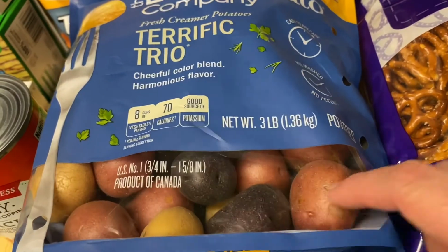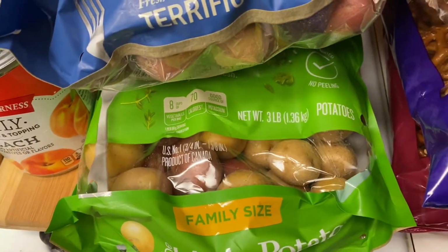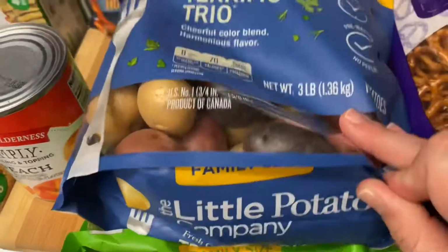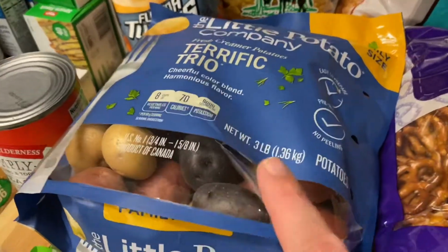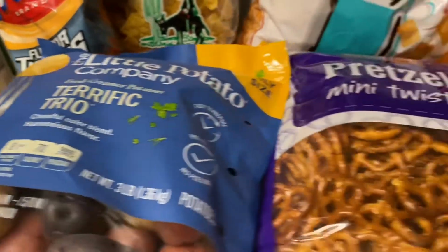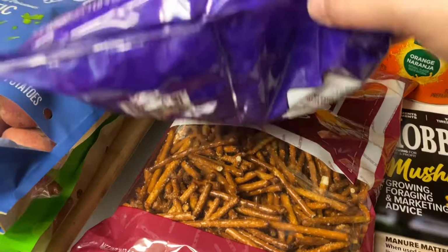My daughter especially loves these purple potatoes. And then this is the golden and the reds mixed together. So 6 pounds total of the smaller potatoes. We all really like the smaller potatoes. A bag of pretzel twists, a bag of pretzel sticks,